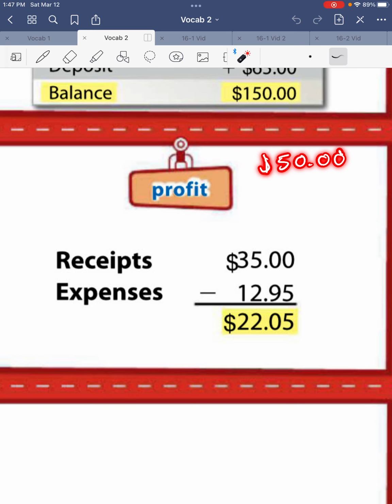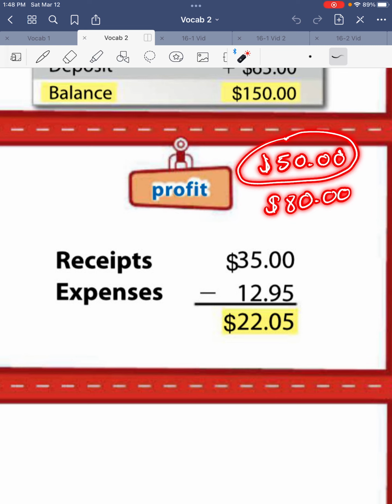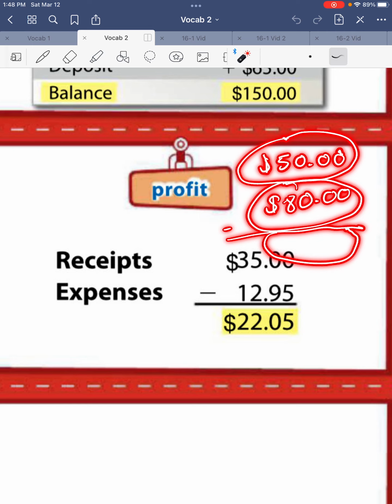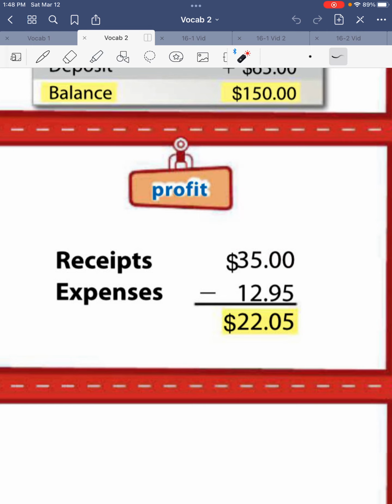So once you are done making it, let's say that you will sell it for $80, okay? So in order to make the bracelet, you had to buy all this stuff. It cost you $50. And then once it was time to sell it, you sold it for $80, okay? So then you would subtract those two numbers, and whatever you get would be your profit, okay?